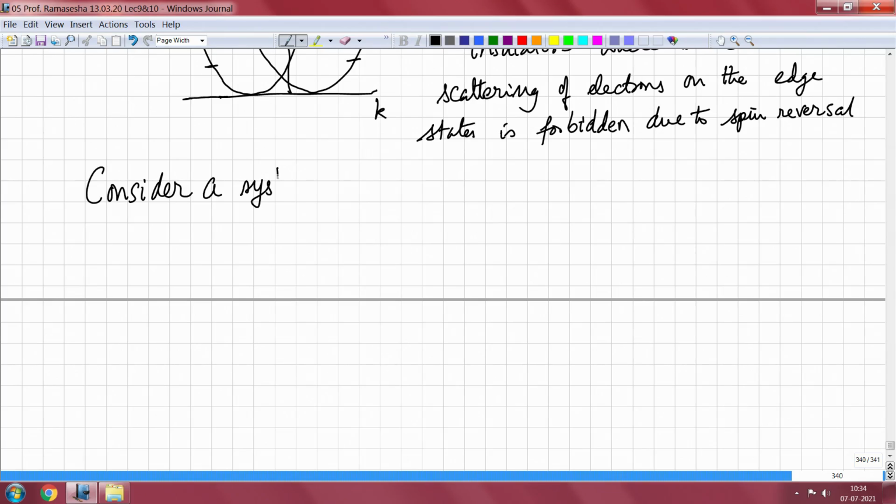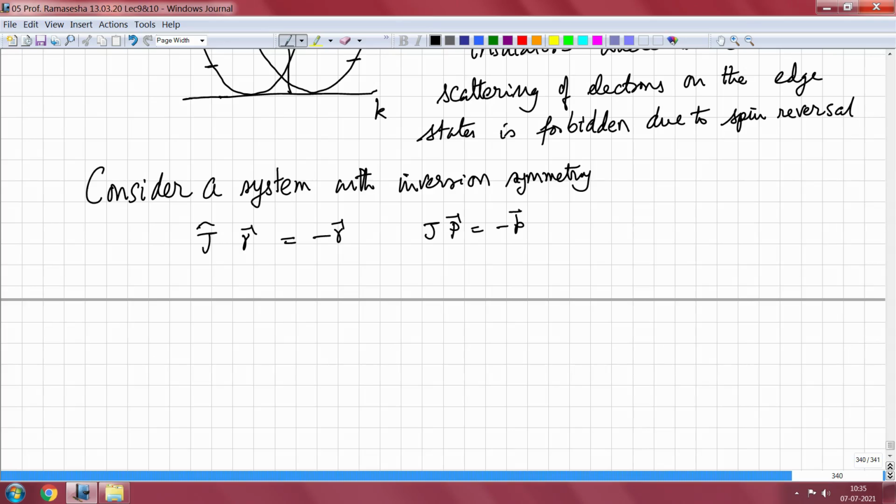Now let us consider a system with spin inversion symmetry, not spin inversion, rather space inversion, a system with inversion symmetry. So what does inversion do? The inversion operator J takes R to minus R and J takes P to minus P. And since the system has inversion symmetry,